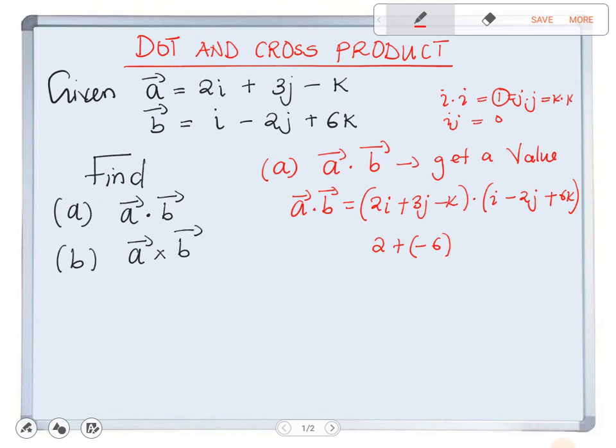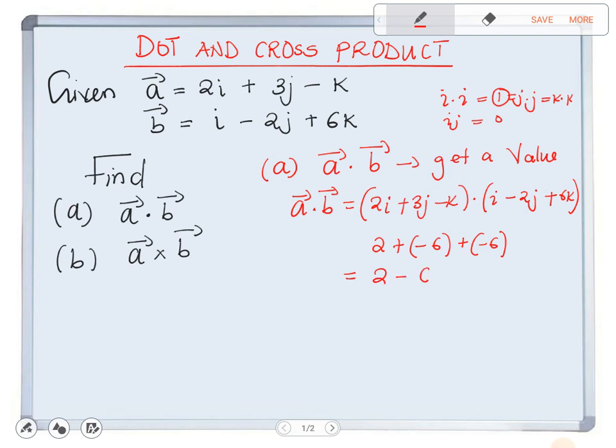j and j give you 1. Then you have plus negative 1 times 6, you get negative 6. Then what we have next is k times k, which will just give you 1. So you've seen how we are moving, isn't it? So now we'll say